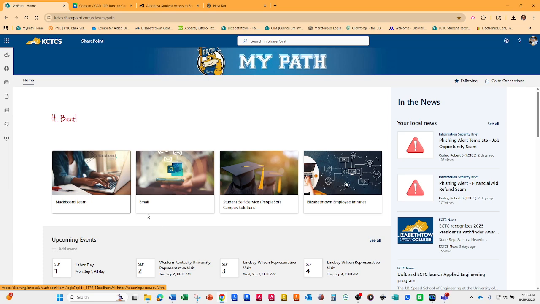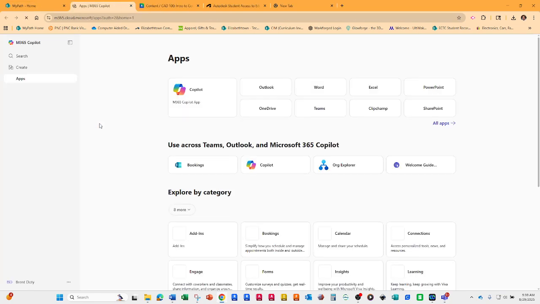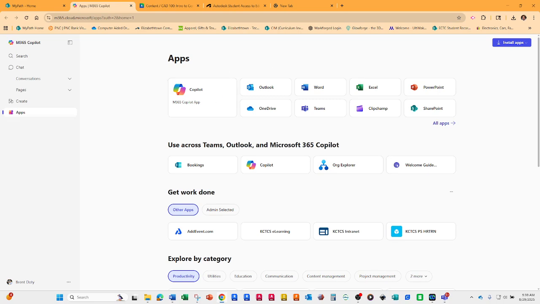Well, MyPath, you have access to up here in this waffle, Microsoft Word, and so on. So you could use this to fill it out. But if you want to download Office for free, because somebody wrote me a nice long email saying that they couldn't, it's not free, and I'm like, well, actually it is, but you weren't aware, so that's why we're making this video. You click on more apps, it pulls up another page, and now you can download or install Microsoft 365. Boom, for free.